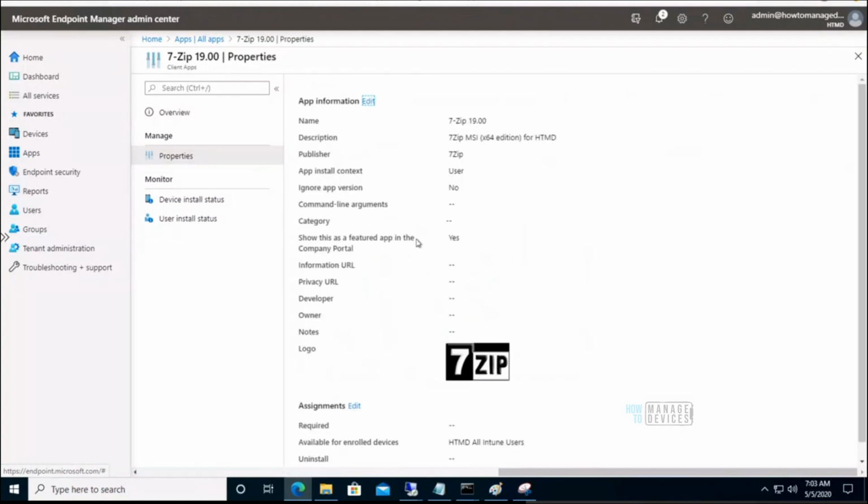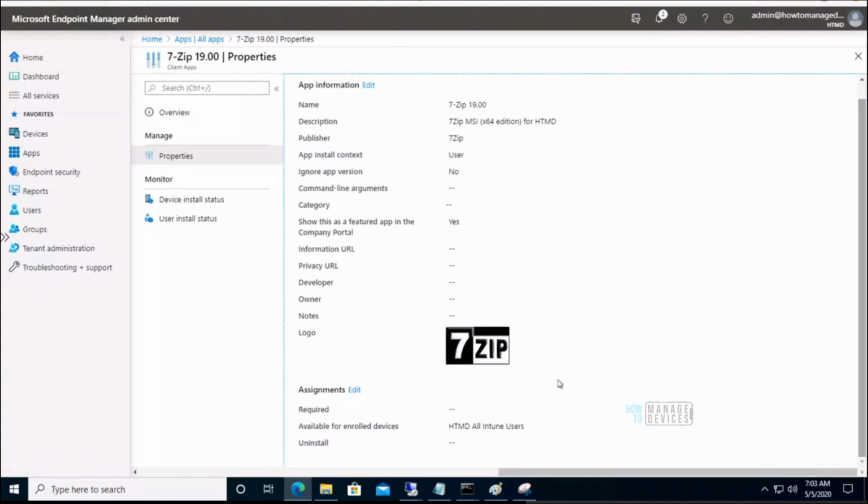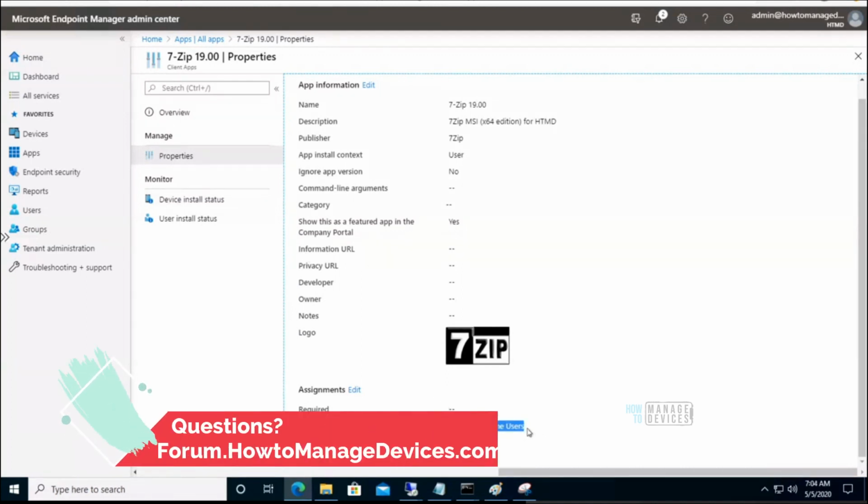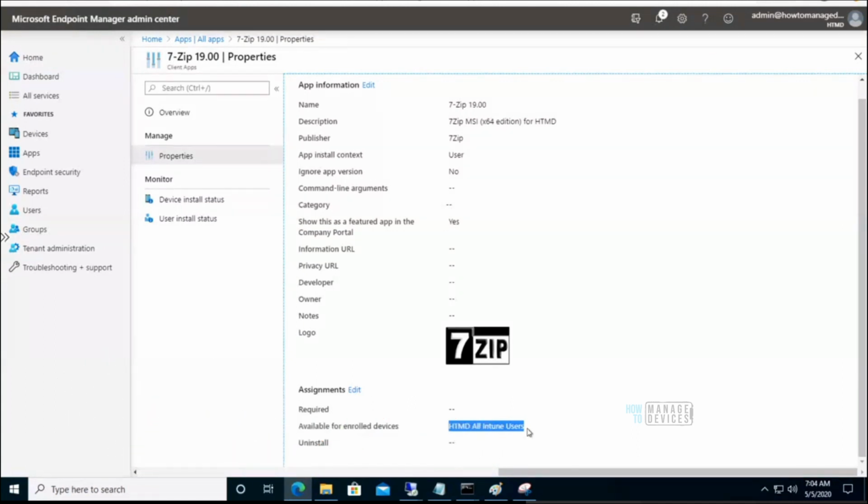Then we deployed this as an available application for all my Intune users. To be honest, I changed the group yesterday because after our training, when I checked the group which I assigned, there was only one user.